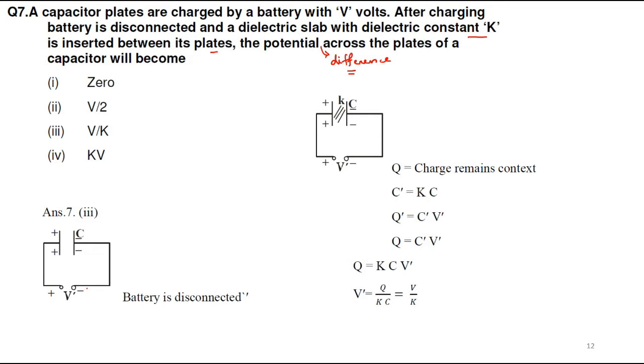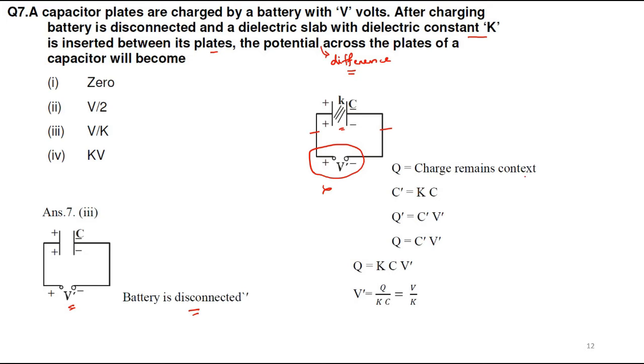This is the circuit. Initially, the circuit is charged by a battery of voltage V, let's say. Then the battery is disconnected after charging is over. Again, there is a battery shown in connection, so it is as if this is disconnected. This is not there. So the circuit is to be considered like this, and there is a dielectric. The dielectric totally occupies the space between the plates of the capacitor. Okay, so battery disconnected. You will have to be very careful. We will see the solution.